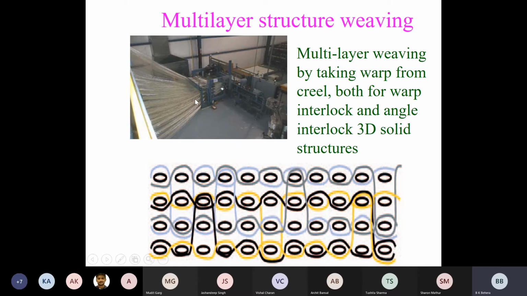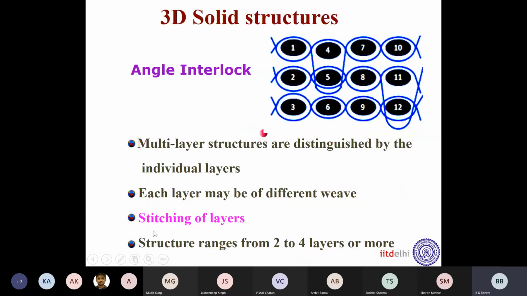But if every individual yarn is coming from a creel in a package, depending on consumption of each independent warp yarn here, the yarn will be withdrawn from the cone or from any package, depending on how much length is consumed in this fabric formation. That's the reason why we want to draw the yarn from a creel in such kind of design where the consumption of length of warp yarn is different for every independent end. Okay. So this is the example of angle interlock.